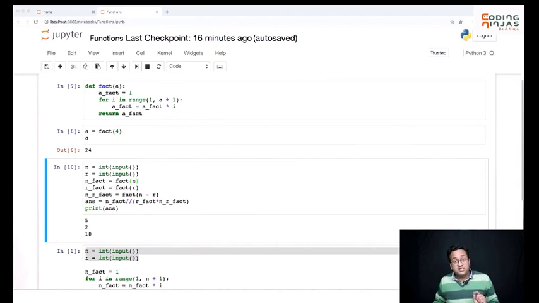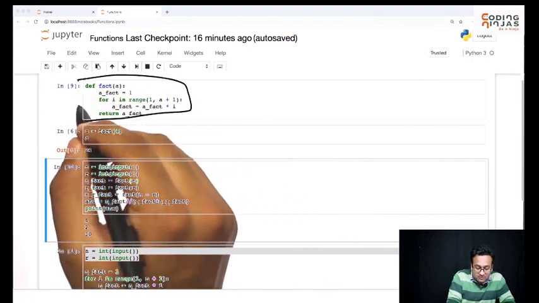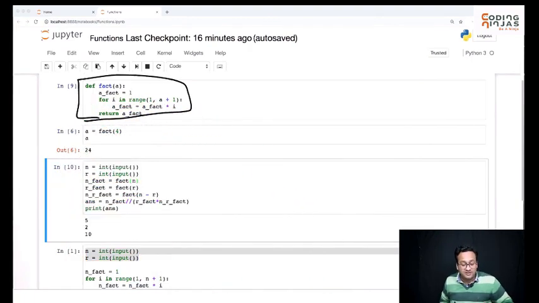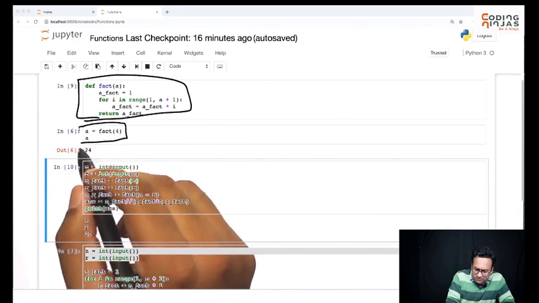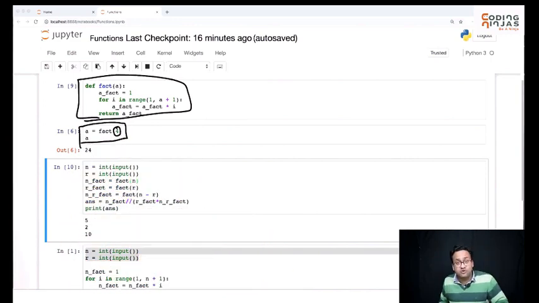Perfect. So I hope you understand the intuition why and how functions are very useful. And I hope you understand how we created a function and then we were able to call this function. We could just directly pass the value that we want to pass. Hi. So I hope you understand how to create functions, right? We'll look at 3-4 more examples which will make things very, very clear.